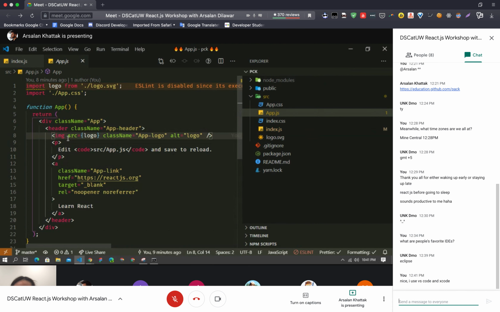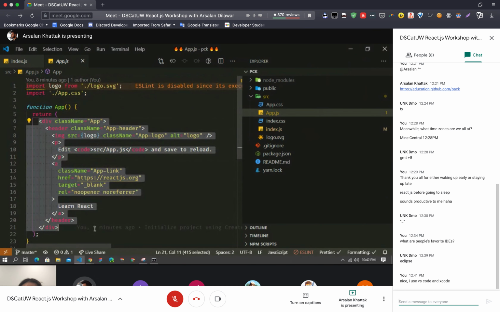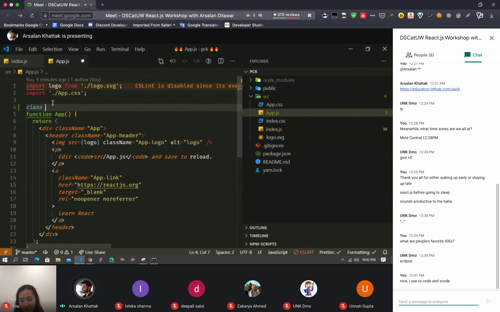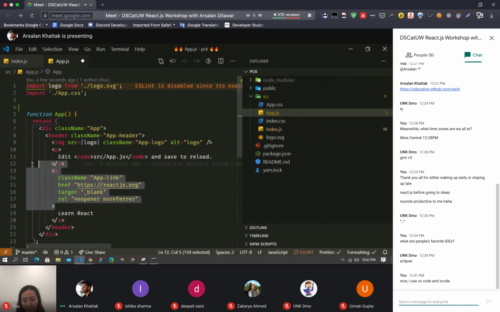So we have the div, the header, the img, the p tag, the a tag. Whatever you return here will be printed. So this is a functional component. We also have a class component. But before I show a class component, let's try to make some changes here.